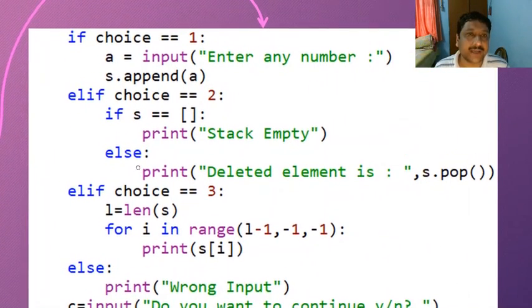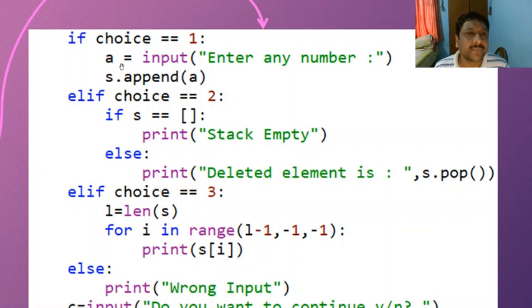Now see the other operations given here. For the first choice, enter a number, then the append function is used. For the second choice, that is the pop function, it will first check whether the stack is empty. For empty we check s equals to a square bracket pair. If it is empty, it will display stack empty and the program will stop.